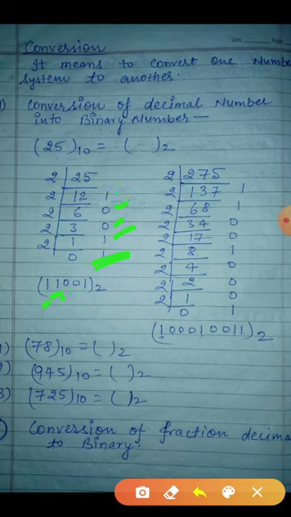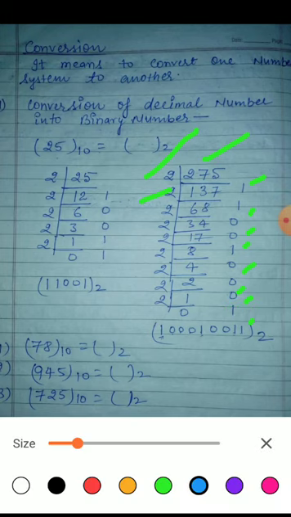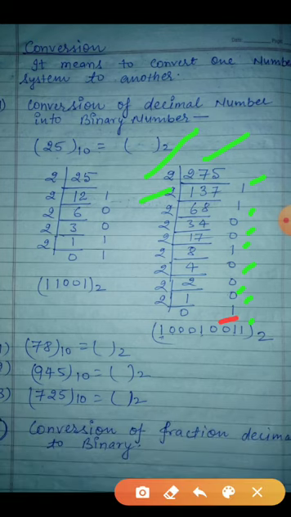Same. Now take another example. Here is 275. How will you convert it? You will divide by 2. You can see here, you write the remainders on this side, and finally you will write from the bottom. This one you will write first, then this, then this 0, then this 0, then this 0. So you see here 1 0 0 0 1 0. Be careful with this one: from bottom to top you will write.